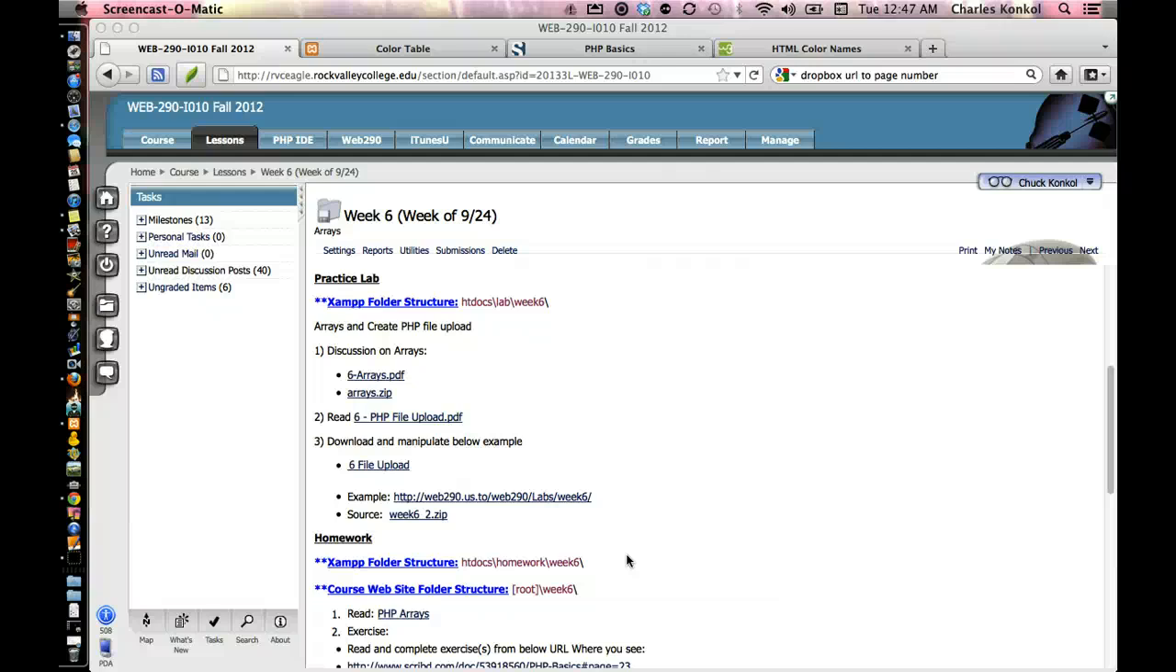Okay, this is week 6 in Web 290. This week you're going over arrays in the practice lab and arrays in the homework. A couple PDF files to read in the discussion, or one PDF file to read in discussion, an array zip file that gives you an example of arrays, and then going right into